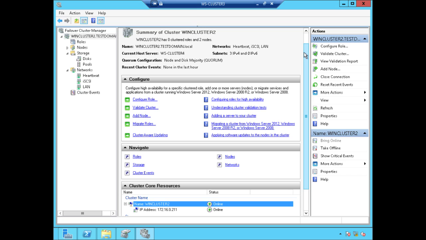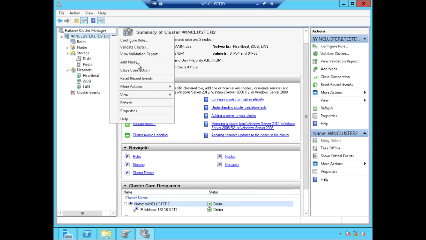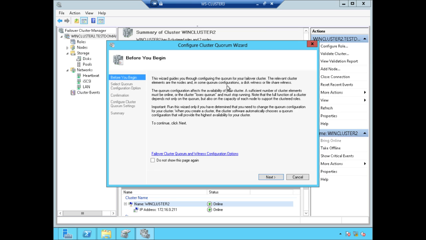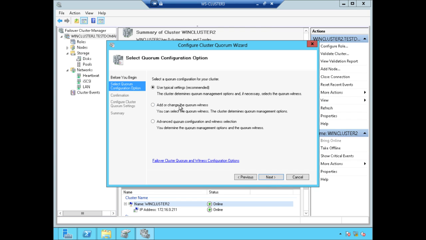There are cases when Windows Server Failover Cluster will see this particular list of disks and will just pick up the first disk that it sees. So what if you don't like that? You can go ahead and configure, say, more actions, configure cluster quorum settings, and you can change the disk that you want to use as the quorum disk. Say, add or change the quorum witness,